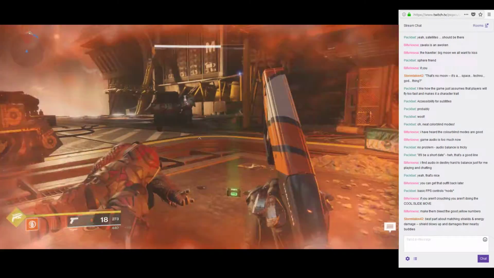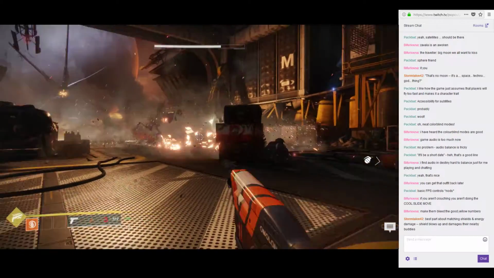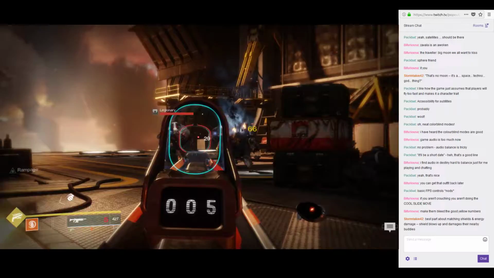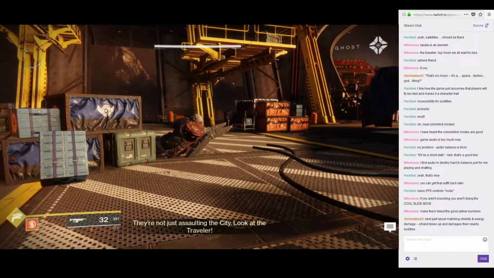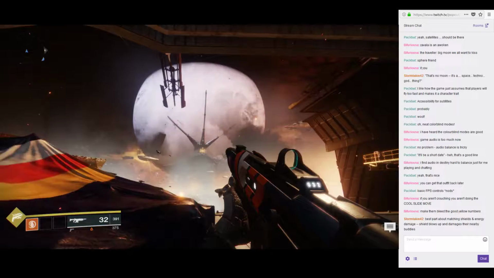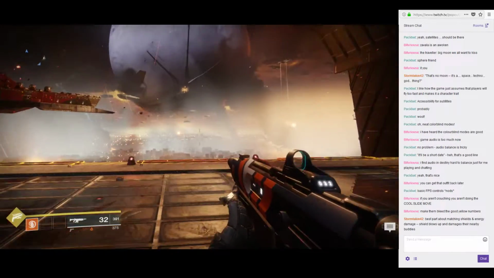Go away. Oh, you're still alive. So legionaries can fire these grenades. You're not just assaulting the city. Look at the Traveler. That's cool. Yeah, that's not good. The Traveler is kind of a source of my power, so...